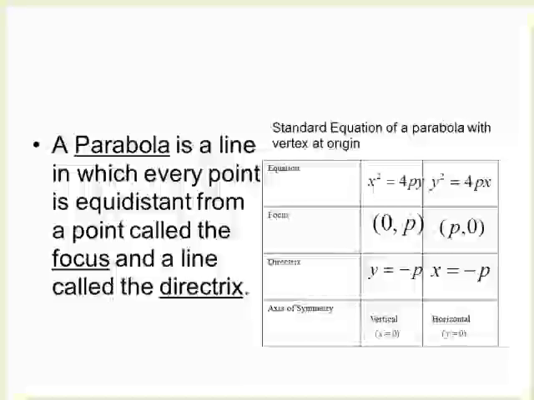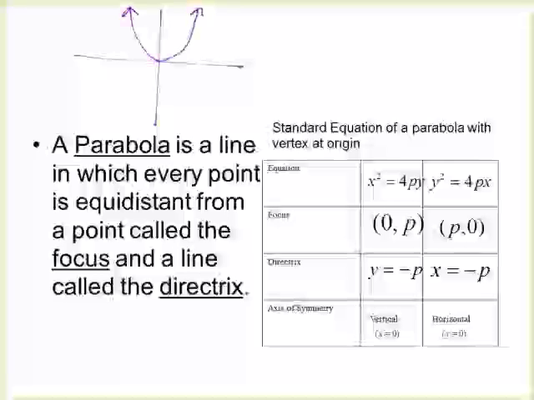Our definition of parabolas here is a line so that every point on it is equidistant. What does equidistant mean? Equal distances from some point that's called a focus and a line called a directrix. So earlier this year when we graphed parabolas, they look something like this. In this lesson, we're going to have a point defined called a focus that will be inside of our parabola. And we are going to have a line that is that same distance away that's going to be called our